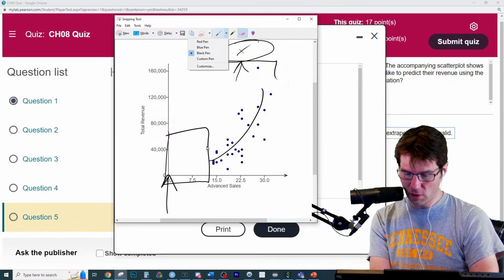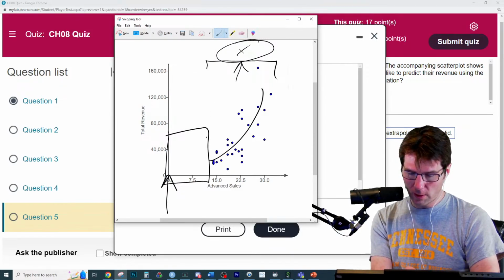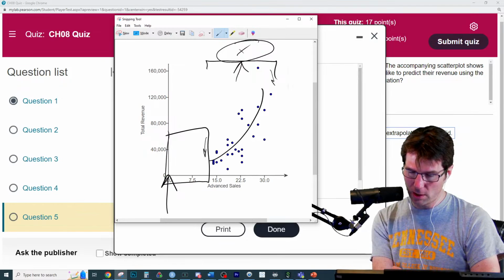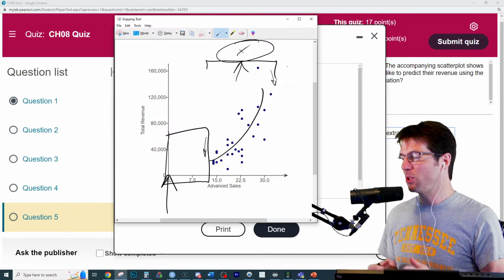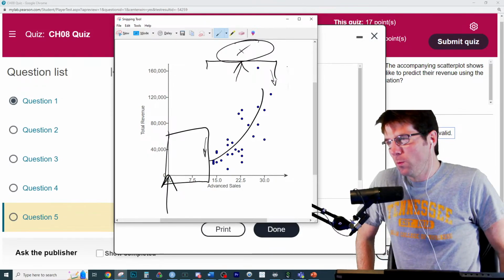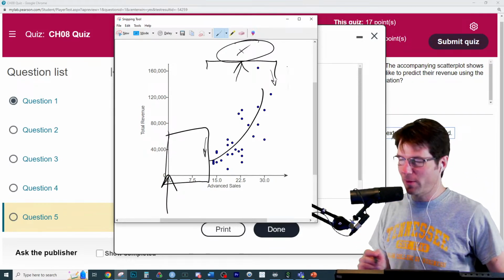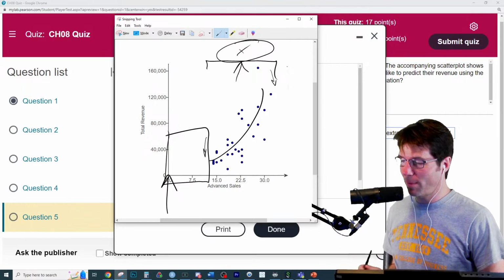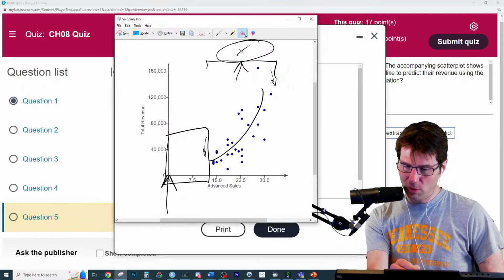The truth is you can extrapolate a little bit. You could go down here and do a little extrapolation outside the model, but you generally don't go too far, and it's way far away at that point. What is way far away? We usually make it obvious on the test. We're not going to put something right at the edge, but even then it is an extrapolation. But also, here's what's really cool